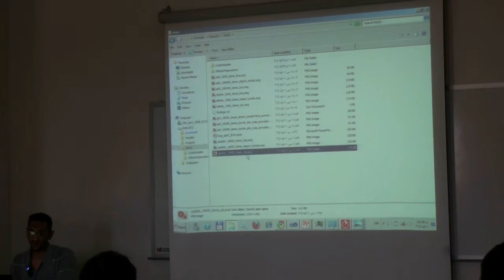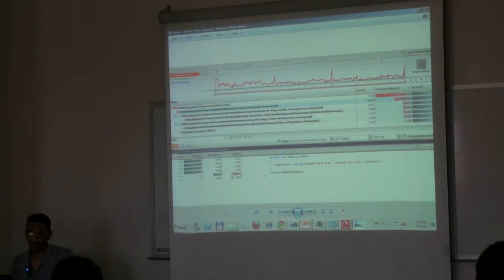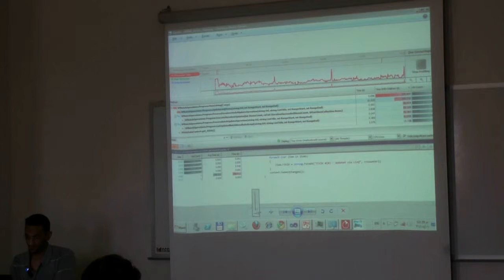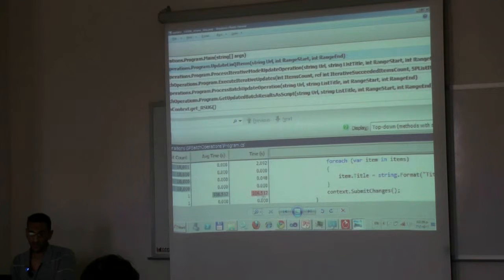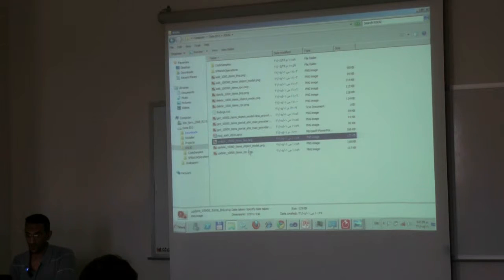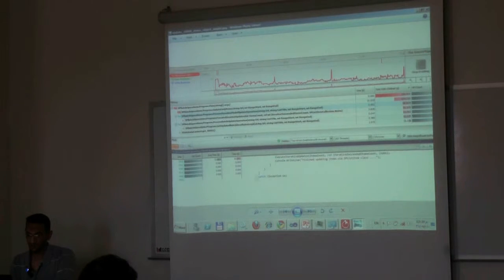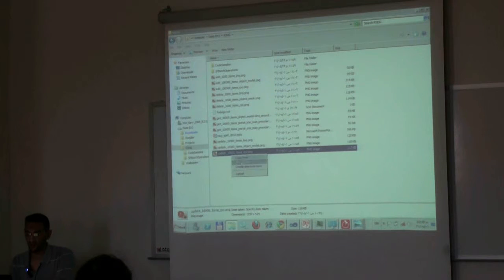One using the link queue, the object model, the RPC. So this took around 106 seconds. You can see it here. This is using the link queue model. And using the normal SP list item class, took around 53 seconds, even less. And using the RPC,